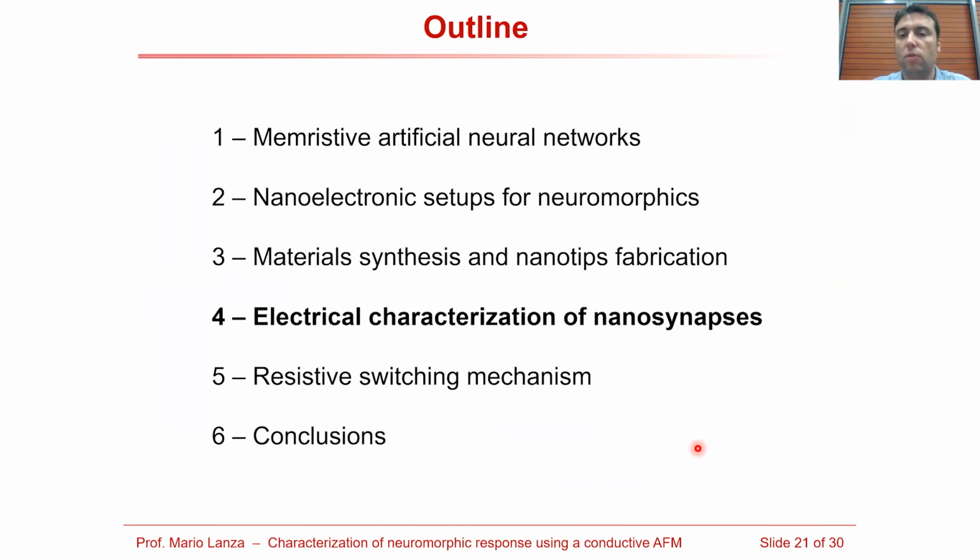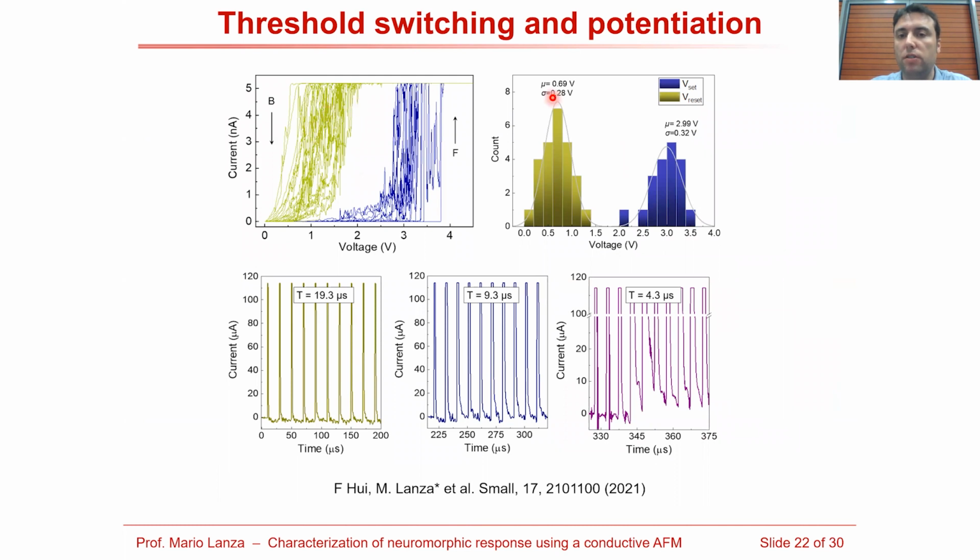So here you can see one example. This is one measurement done with the standard setup. We can apply a ramp voltage stress. We observe that the current increases sharply, and then we observe that it decreases in the same cycle. For the next cycle, I go here again, and I see again the relaxation. So we are observing quite good threshold type resistive switching, which is something necessary to fabricate an electronic neuron. We analyze the variability of the set and reset voltage and see that it is reasonably small with no mismatch between both voltages, which is something quite good.